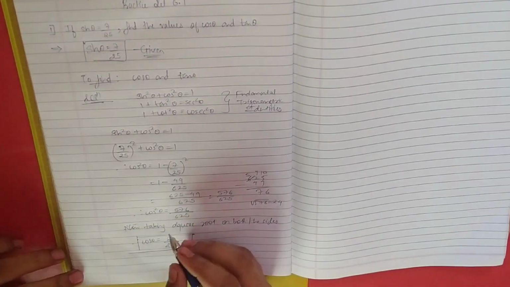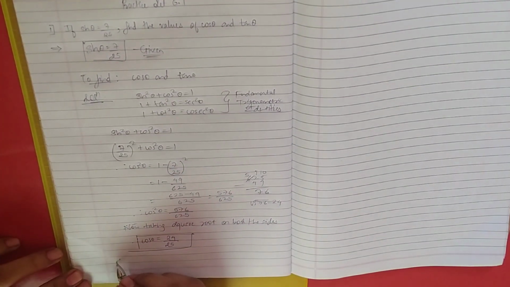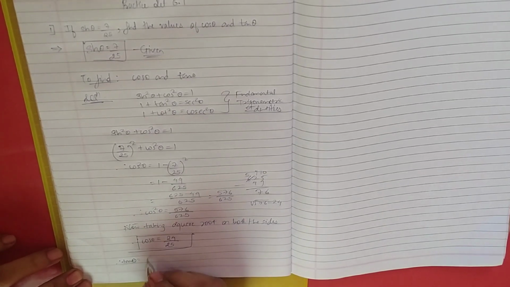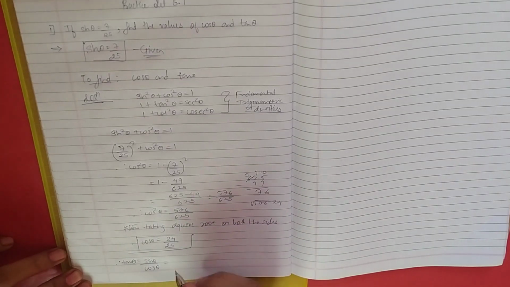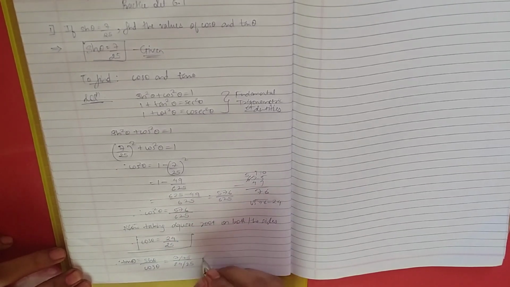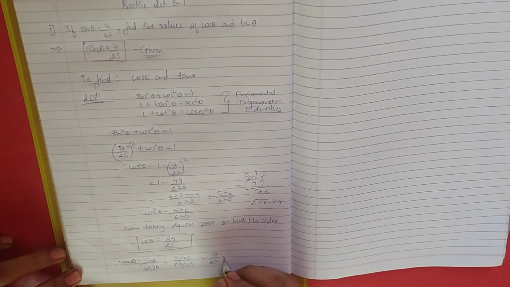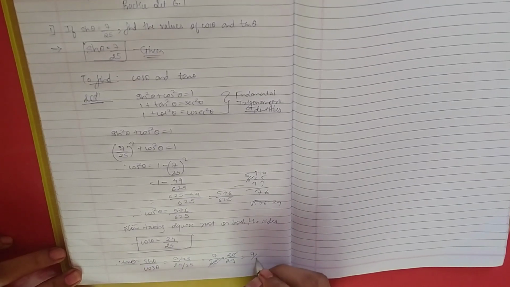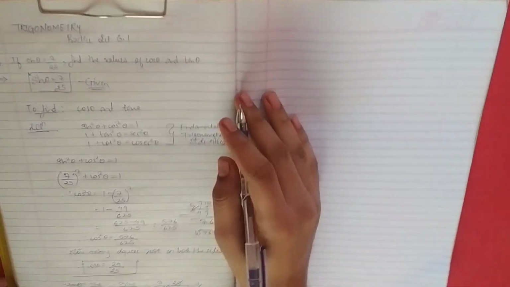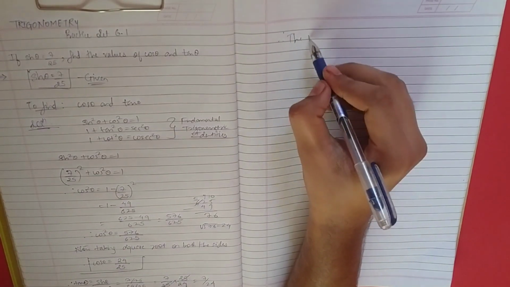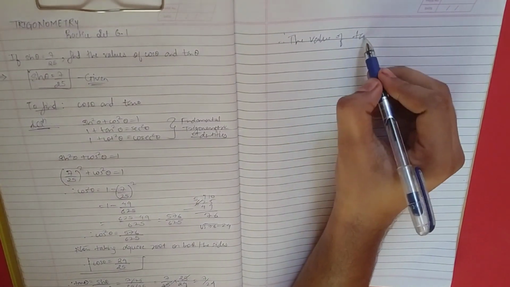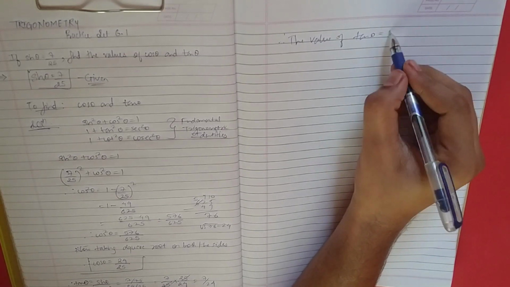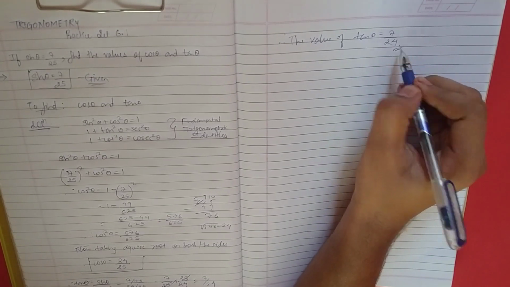Now we have to find the value of tan theta. For tan theta we can use the formula tan theta is sin theta upon cos theta. Sin theta we know, that is 7 upon 25, and cos theta is 24 upon 25. Therefore 7 upon 25, this will go up 25 by 24. 25 will cancel, and 7 by 24. Therefore the value of tan theta is equals to 7 upon 24.